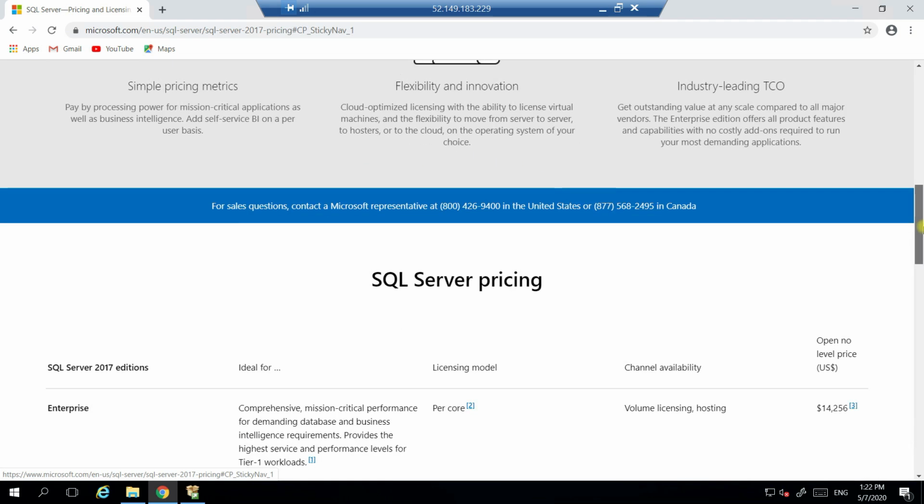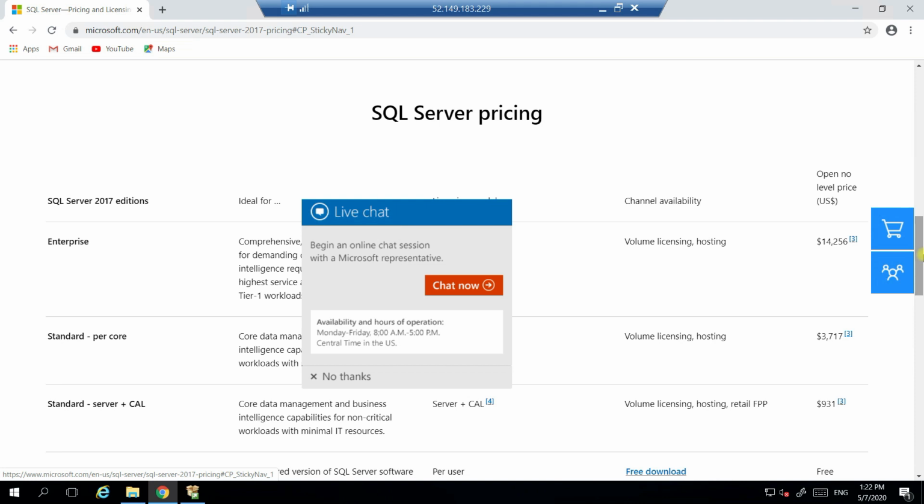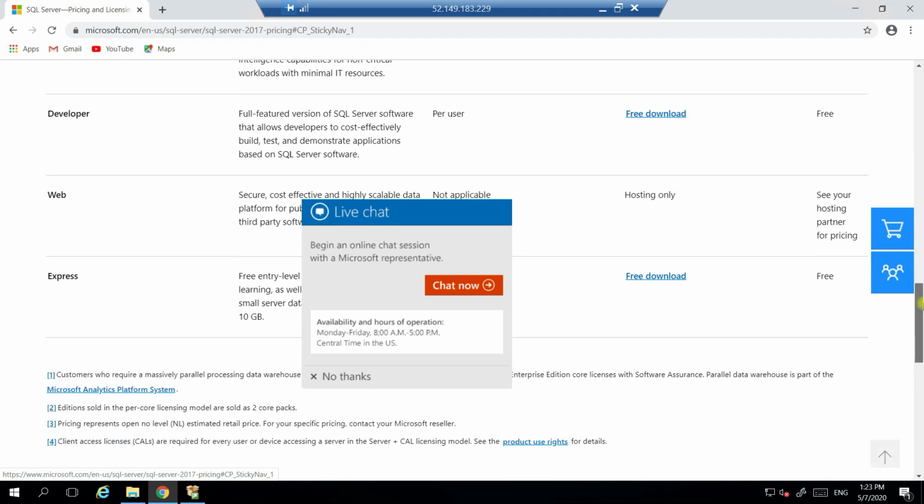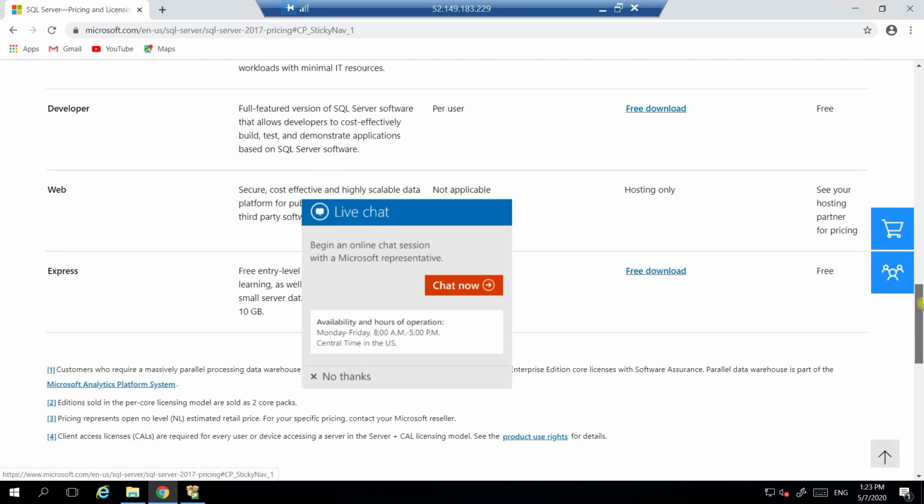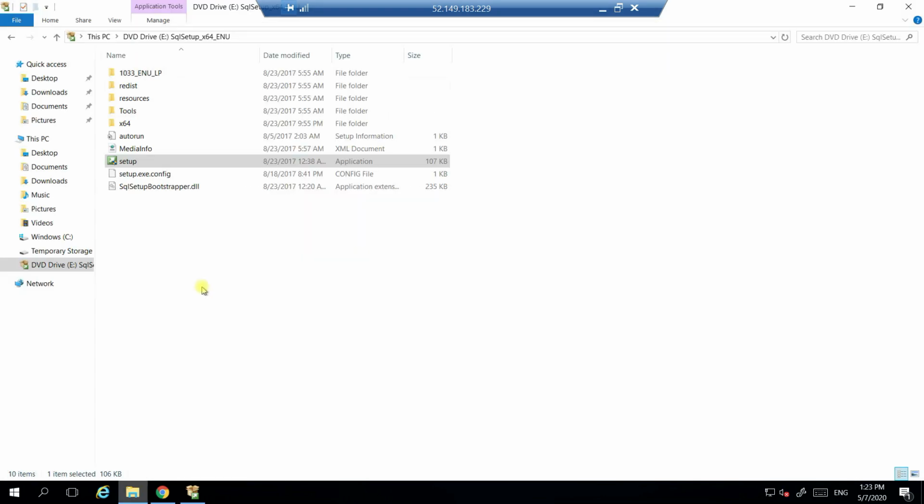You can see there are different versions of SQL Server, Enterprise Edition and Standard Edition, because this is something we use in real time in companies. This is something we have to pay for and subscribe to. Currently we are not going to pay anything. It is free of cost. We have the Developer Edition by default from SQL Server from Microsoft. So click on free download.